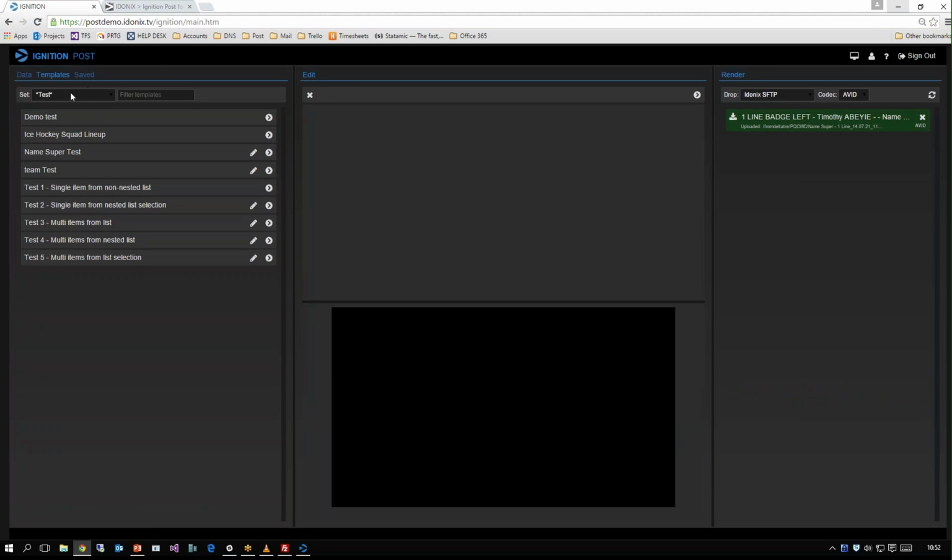Okay, as admin, I can see all templates. So here's my template that we just built, and I'm going to drop it in. And here's where I can create my graphic and send it off to my render queue. So that pretty much wraps up